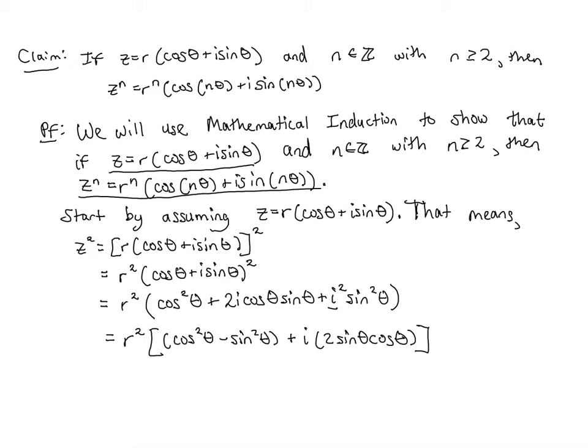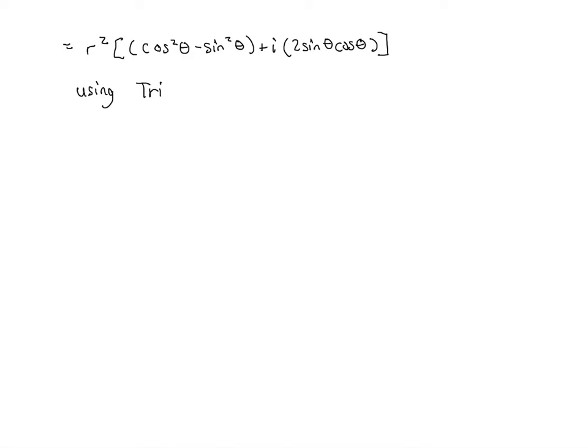I'm going to go ahead and go on to a new page here. So I'm going to rewrite that so we can reference it. So we're at r squared times the quantity of cosine squared theta minus sine squared theta plus i times 2 sine theta cosine theta. Now once you get to this point, you're going to recognize some trig identities that we've learned. So using trigonometric identities,